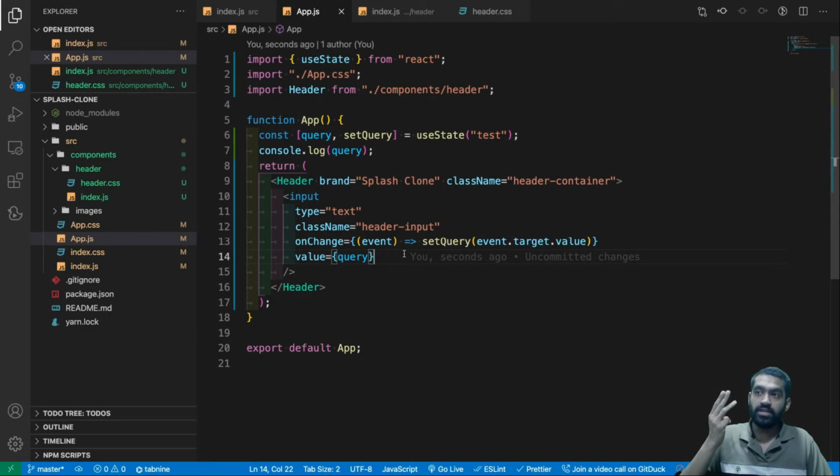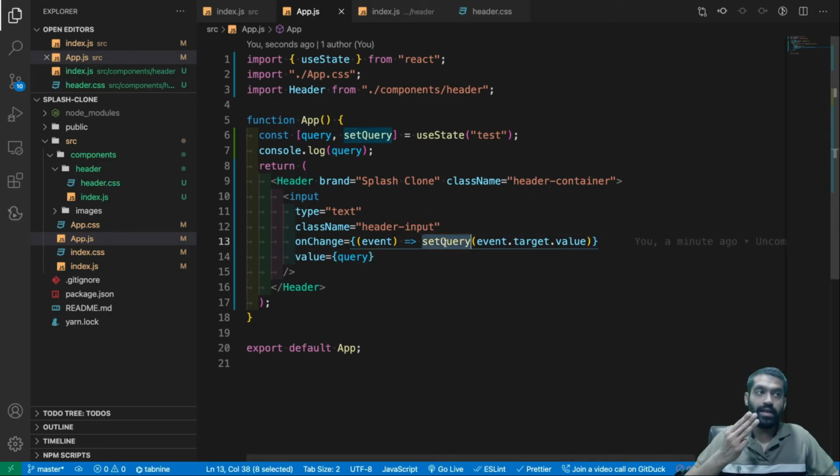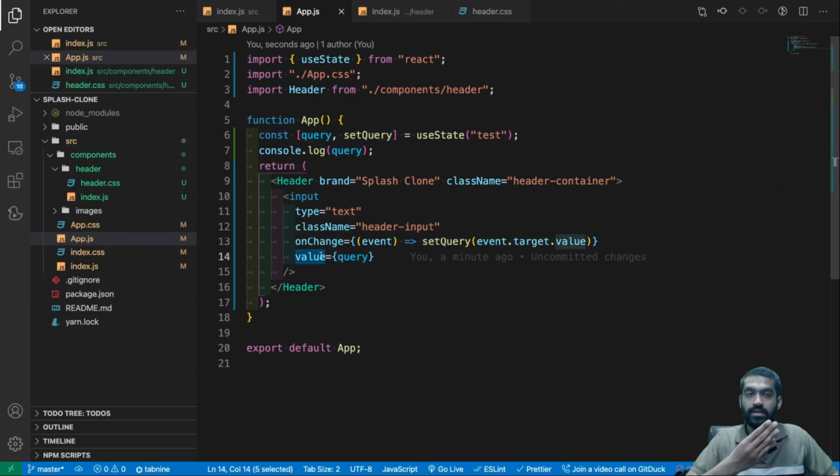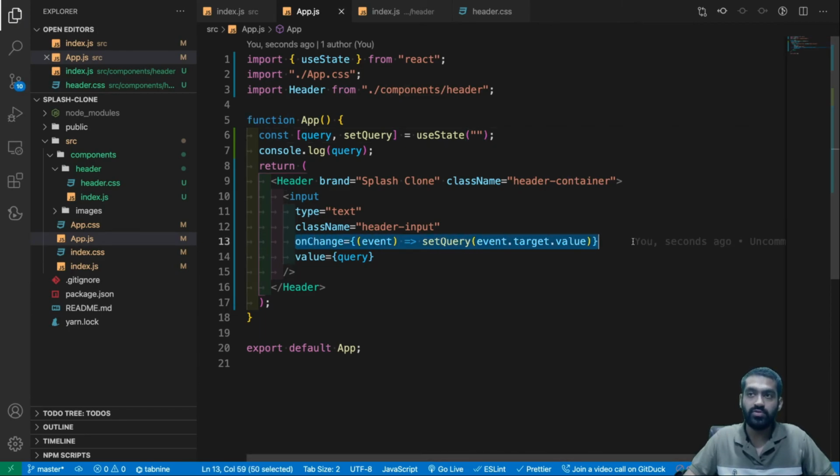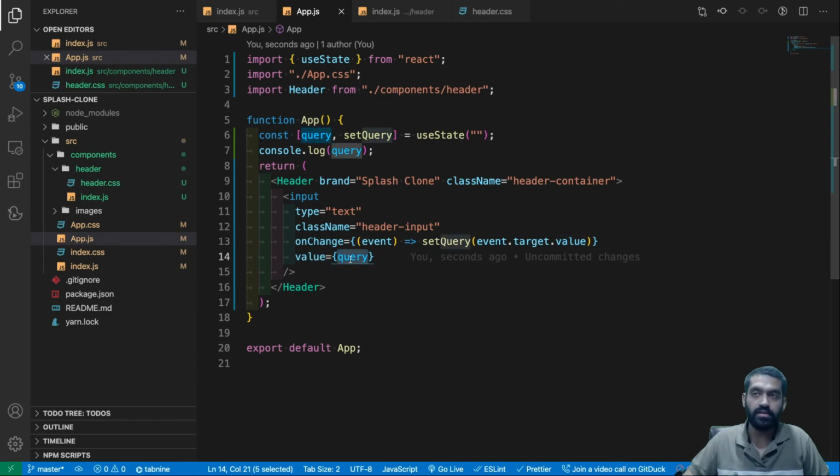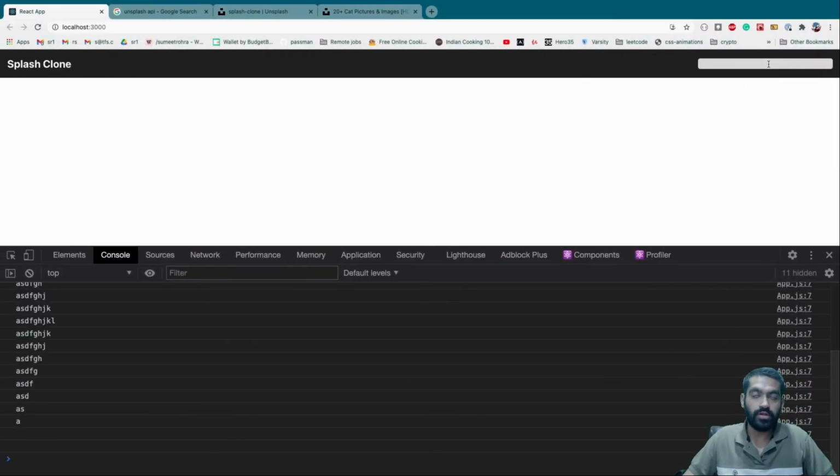That onChange event sets the query in the state. Now the new query goes to the virtual DOM's value and then comes back to the DOM. A lot, but essentially on change you can set some value in the state, and that value will be reflected in the input component. So here we can do whatever we want now.